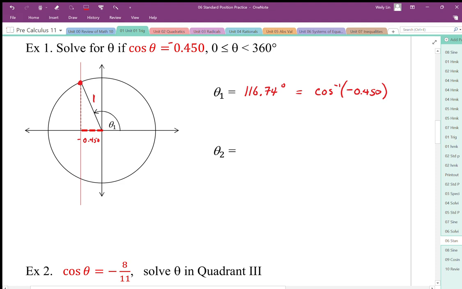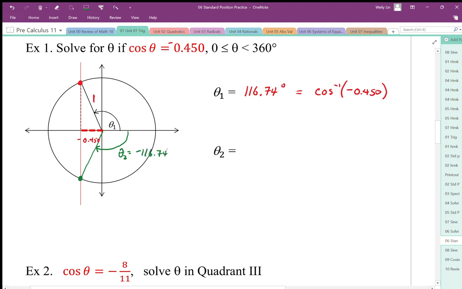Now our calculator does not give us theta 2, and because we don't have the quadrant specified, we do have to consider and account for theta 2. And so since that's the horizontal positioning, there is another angle that has the exact same horizontal positioning in quadrant 3. And that's that green point here. And we can see that we could actually go from this side and just say that theta 2 is the negative version of that same angle, or negative